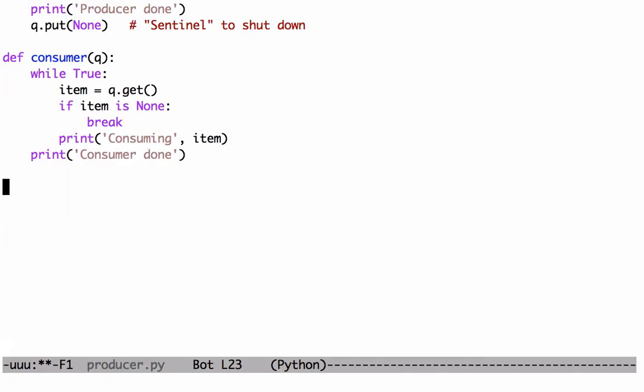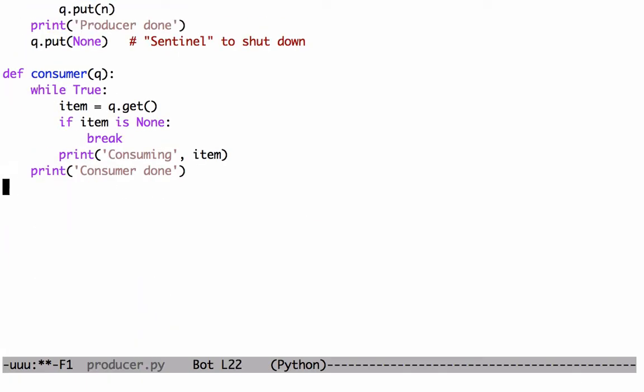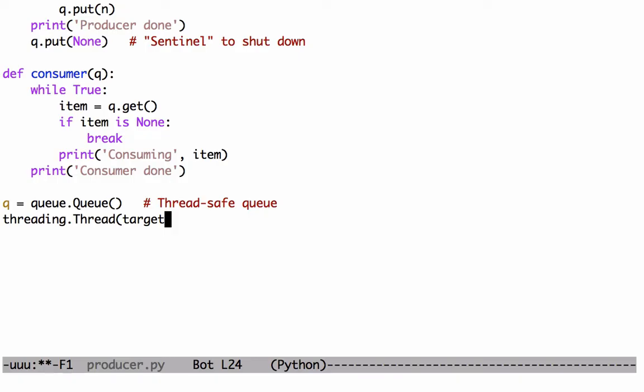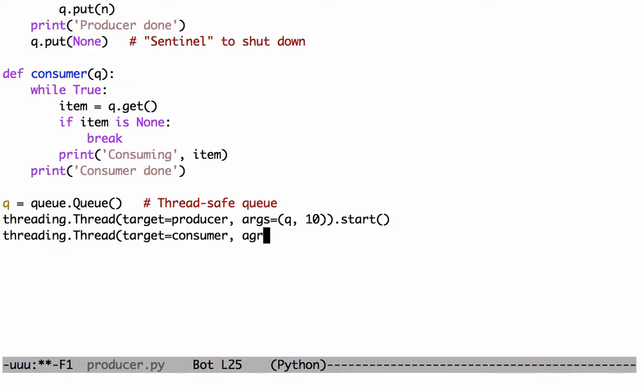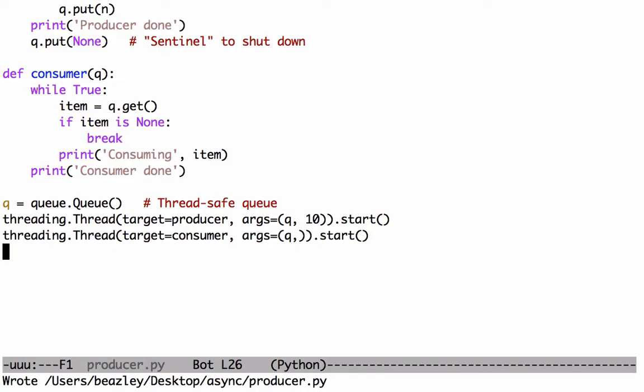So what it would look like is you'd basically make a queue. Like here's my queue. Okay, thread safe queue. And then you would launch these two things. So you would say, okay, thread is equal to producer, args is queue, 10. Okay, let's start that. And then you would have the consumer, args is queue, start. And if I've done this right, you'll see the producer producing things and putting them in the